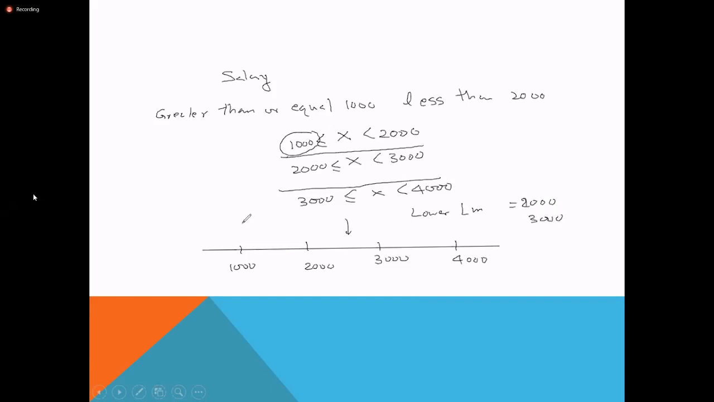Then the class size is very easy. That is equal to 2000 minus